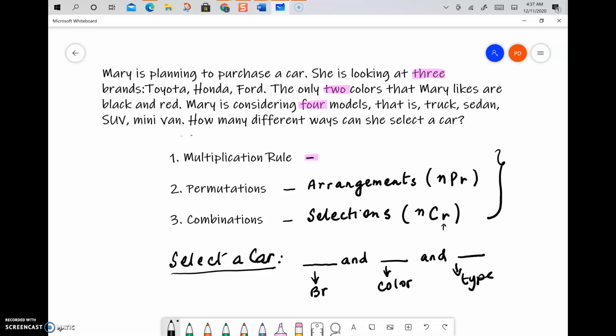So you need to do 3 tasks and all 3 have to be done in order to complete the selection of a car. So brand, how many ways can she select a brand? So based on the question, there are 3 brand names that she is looking at. The only 2 colors that she likes are black and red, and there are 4 models that she's going to choose from. Okay, the word in between these numbers is the word and